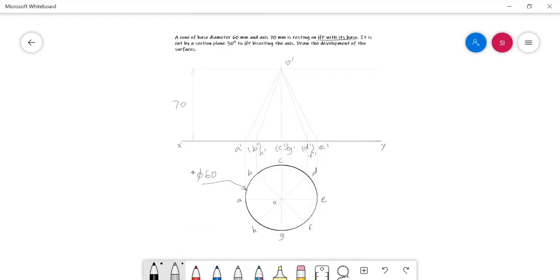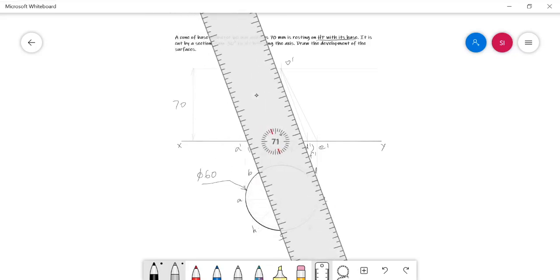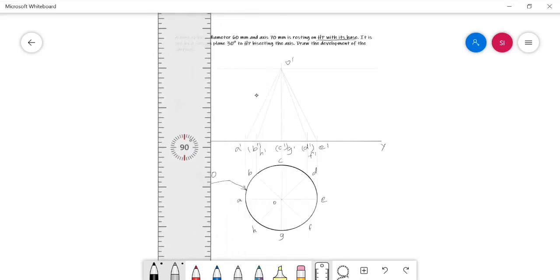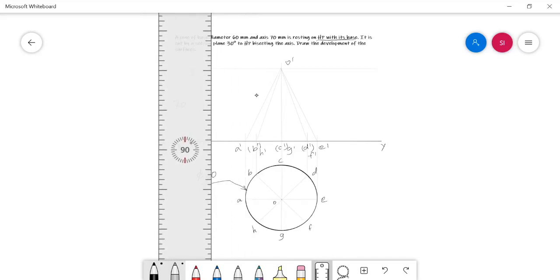Now the projection of the solid is over. We need to cut the solid with the given cutting plane. The cutting plane is 30° to HP and bisecting the axis. So the cutting plane is going to meet the axis at its midpoint. The height of the axis is 70 mm, so the midpoint, if you consider, is at the height of 35 mm. We need to cut the solid with the given cutting plane.